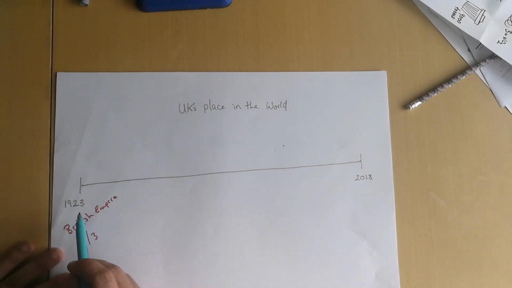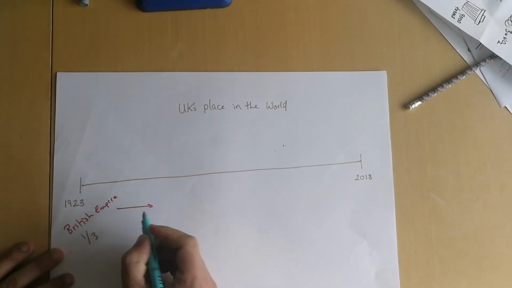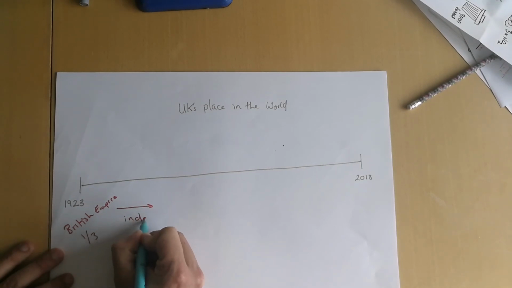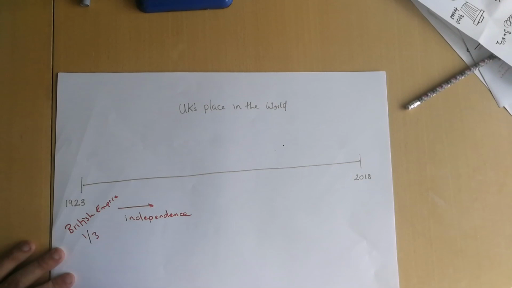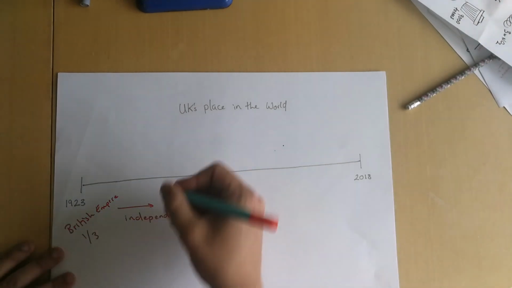However, as we moved through this period of time, what we saw was that countries started to gain their independence away from the mother country, which was obviously Great Britain. Okay, and we started to see that the British Empire started to disintegrate and break apart. Okay. In response to this, what we saw occur in